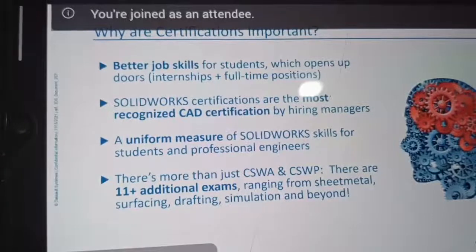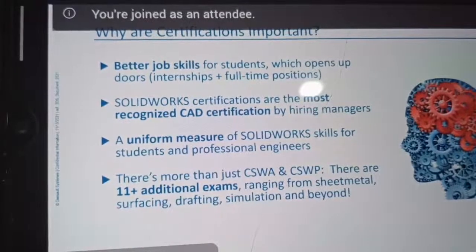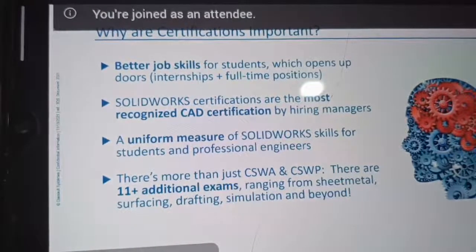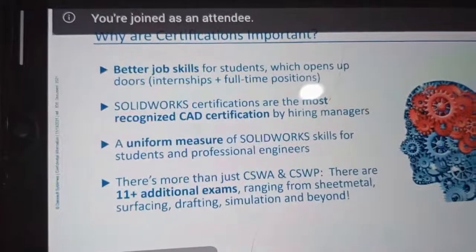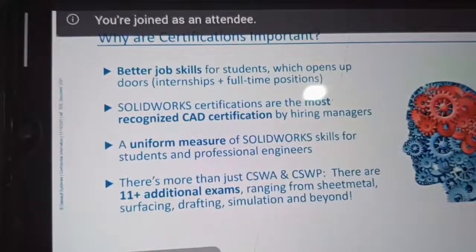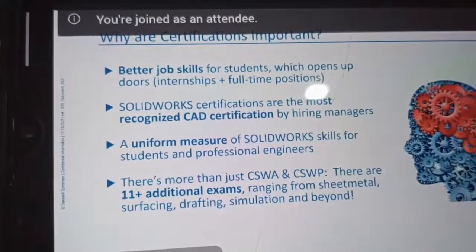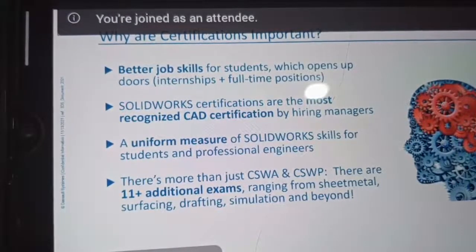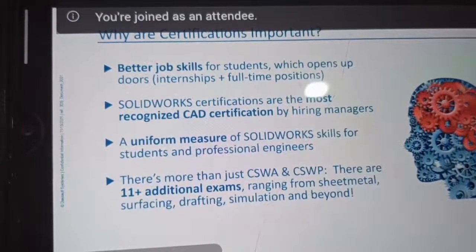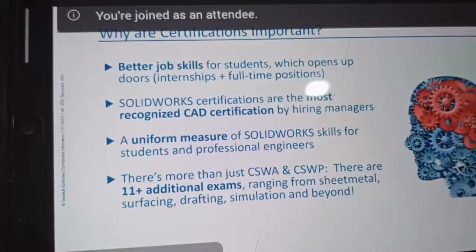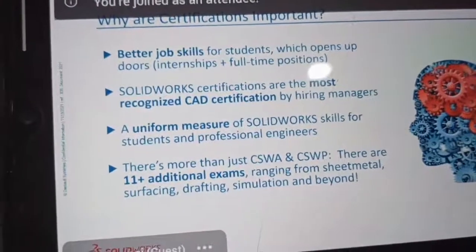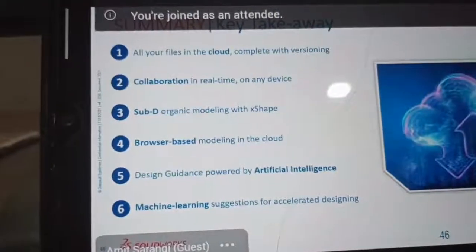And a tip for everyone: whenever you clear any kind of SolidWorks certification exam, your data will be saved on their server for the lifetime of Dassault Systèmes, recording that this particular student or person cleared this particular certification program. So this is the beauty and the benefit of the SolidWorks certification. Okay. Now for the summary and key takeaways, I just want to